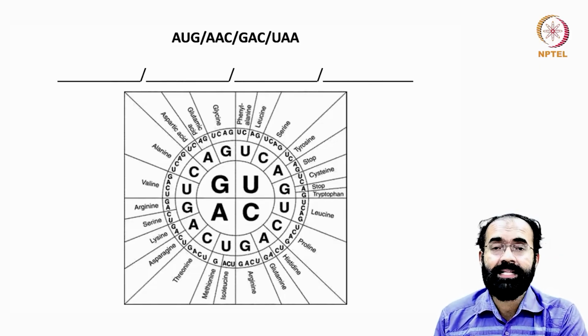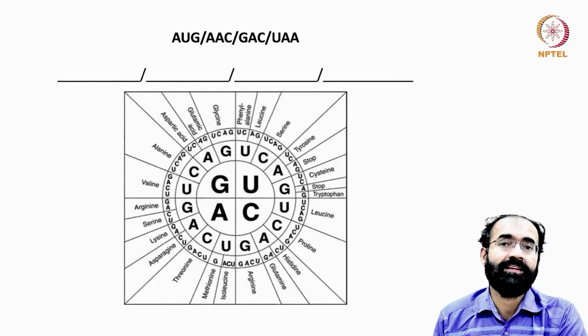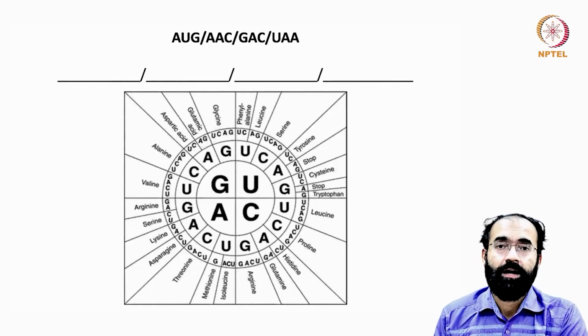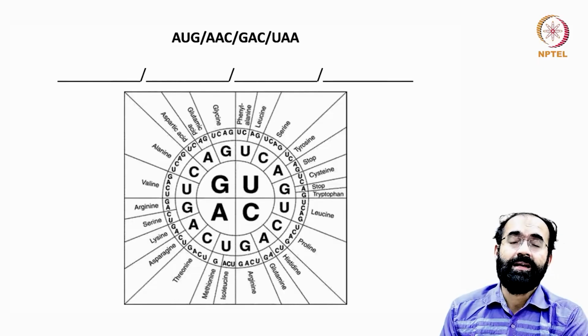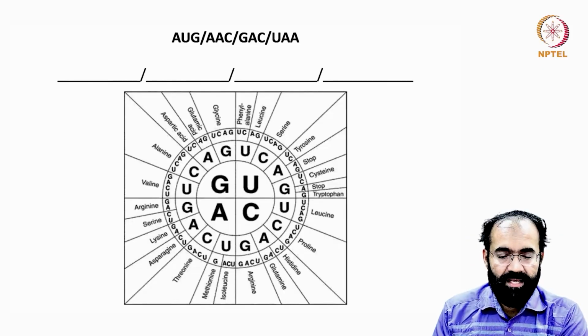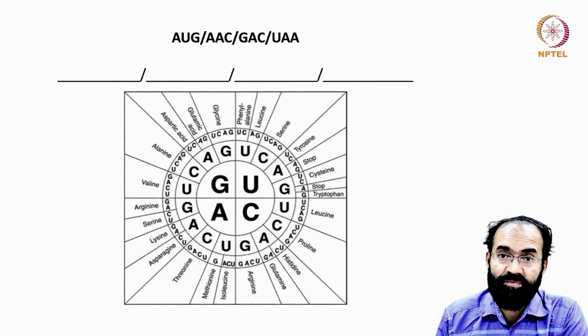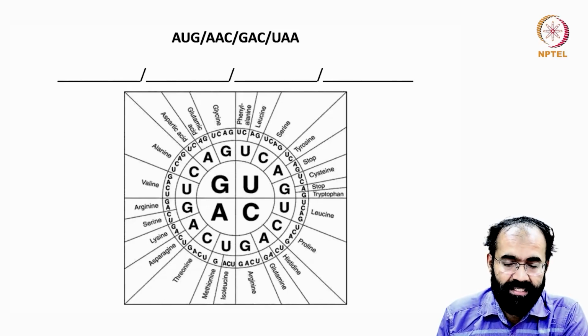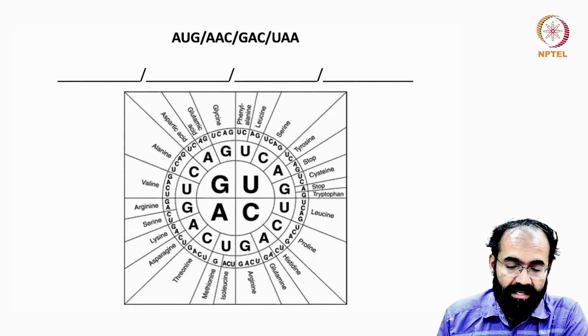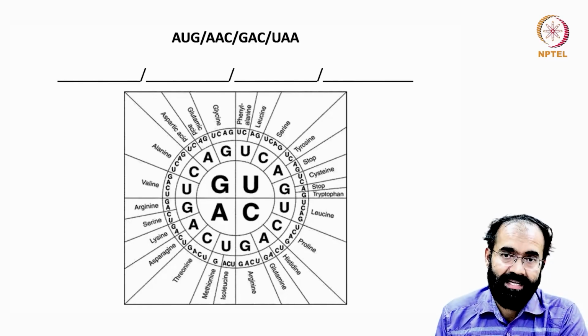preferred. This doesn't mean that plants don't have a codon ending with G or C, or that animals don't have codons ending with A or U. Both are there. We are talking about preference. Say, for example, if arginine has a codon AGG, this is preferred compared to AGA because it is ending with A. Something like that: CGG is preferred, CGA is less preferred, or CGC is preferred, CGU is less preferred in animals.